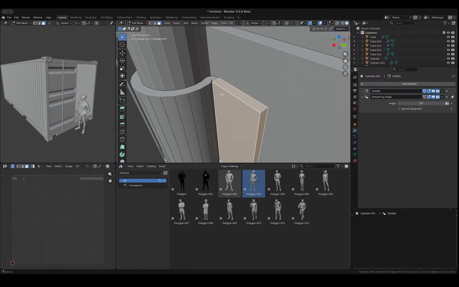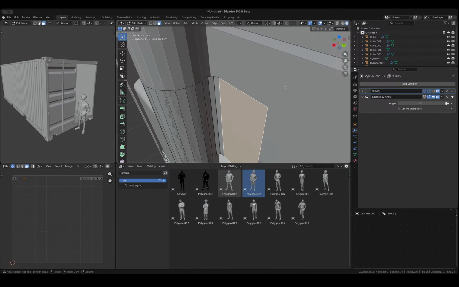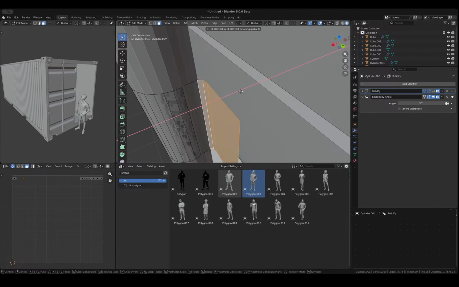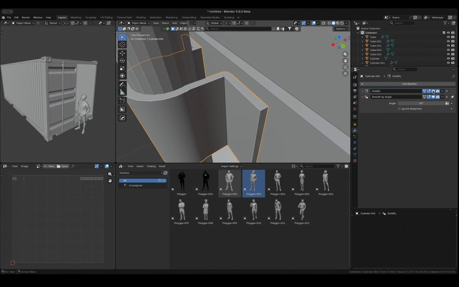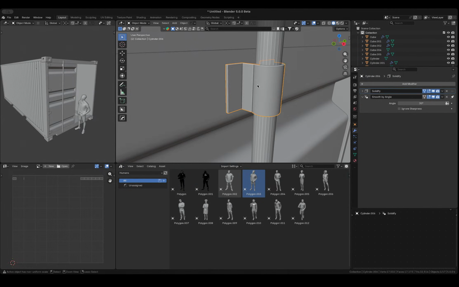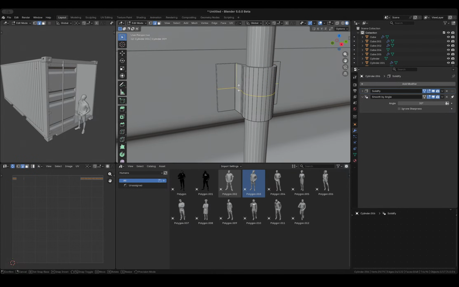Oh, I already have a bevel here. So I'm going to turn off that solidify, right? Select these faces and G X all the way in, just like so. So I'm going to bring in this, yeah, and right here